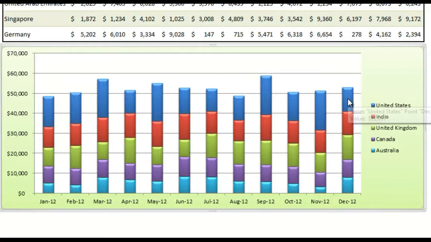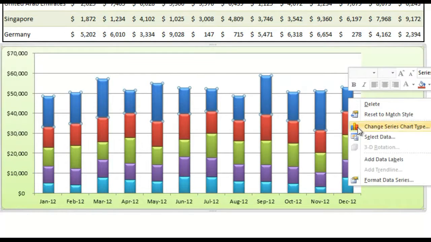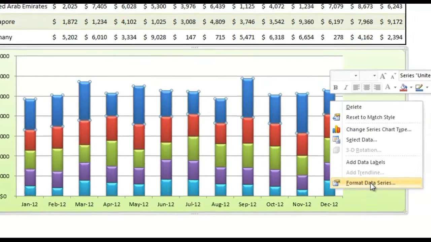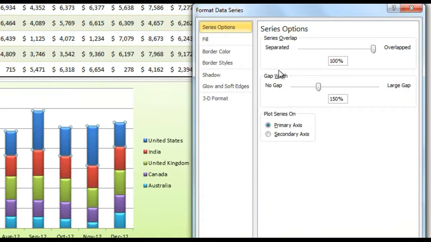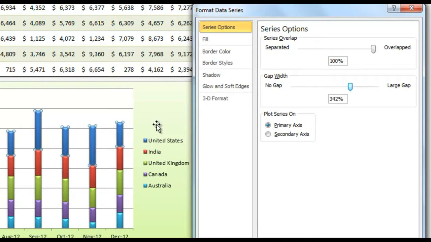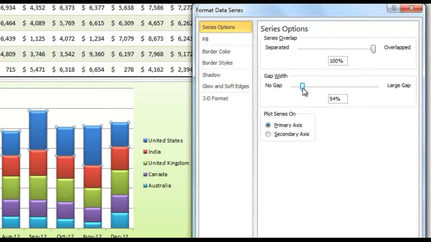If you want to have your columns a bit wider, you could click on them, then right click, go to Format Data Series, and you'll see where it says Gap Width. You can change this to be a large gap, which means that the bars will be skinny because the gap is the space in between, or you could bring them a lot lower to have much larger columns. So we'll use 50%,